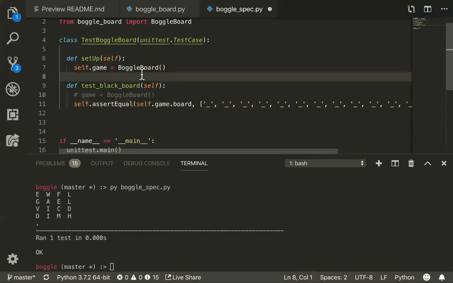Now you want to be careful with this. Usually you want your tests to be isolated, right? You don't want one test to be able to affect the other. So you wouldn't really do this, depending on how you were testing. It's probably better to just instantiate